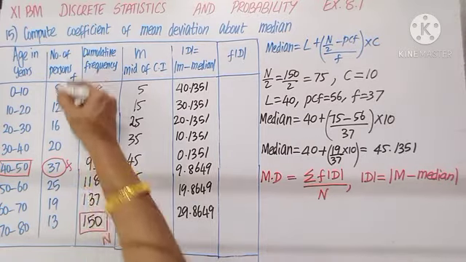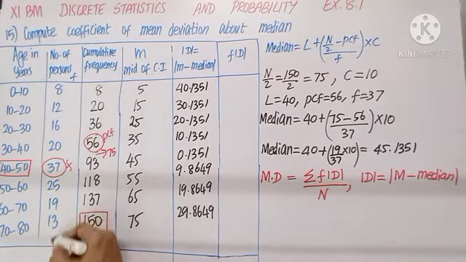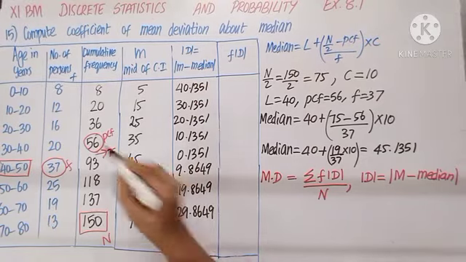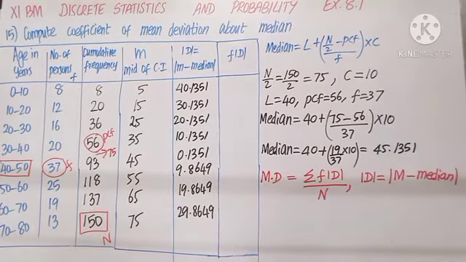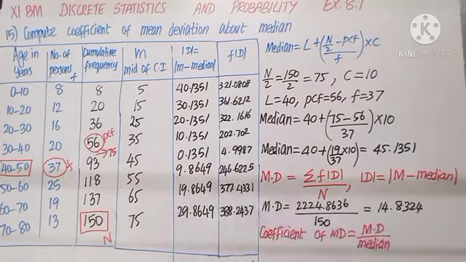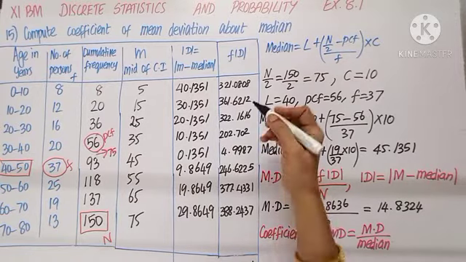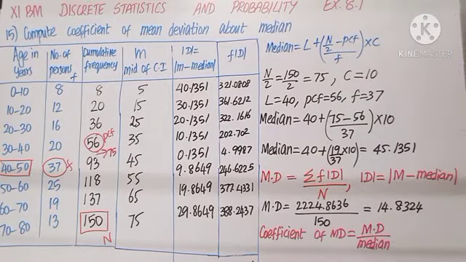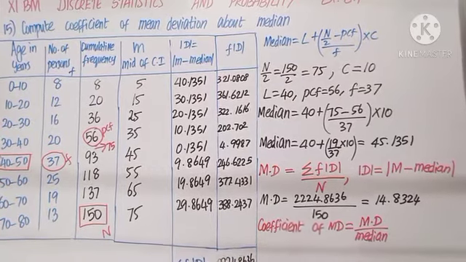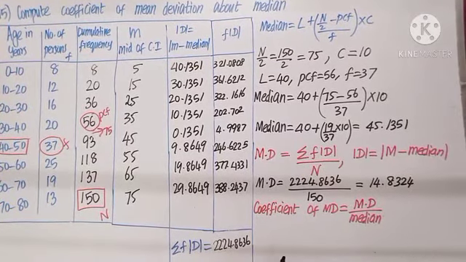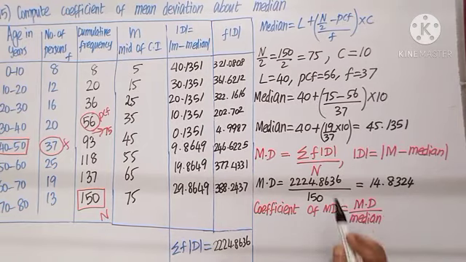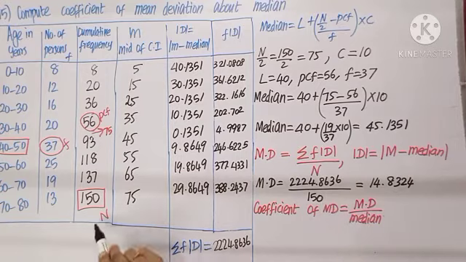We need to calculate f into deviation. F is the frequency. So this column and this column we need to multiply. As we multiply and fill, the total of f into d, as we simplify, we get 2224.8636. Substituting in the formula n as 150, as we divide we get